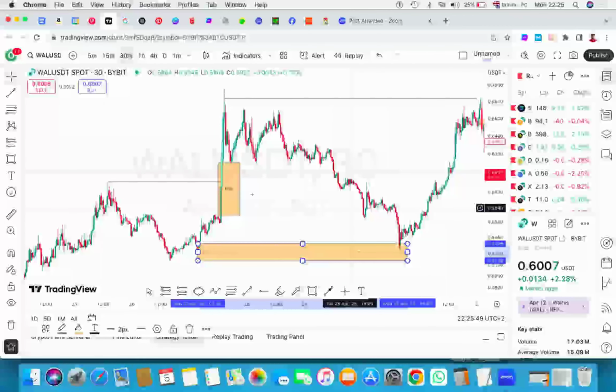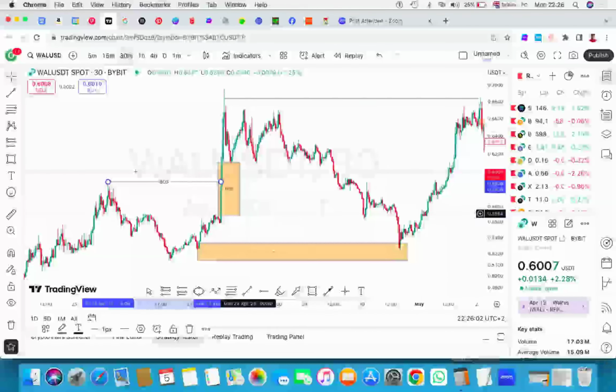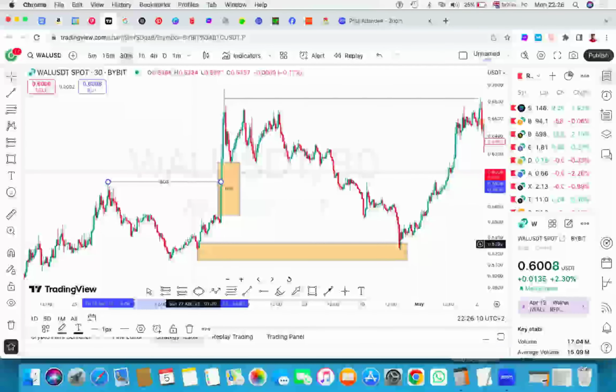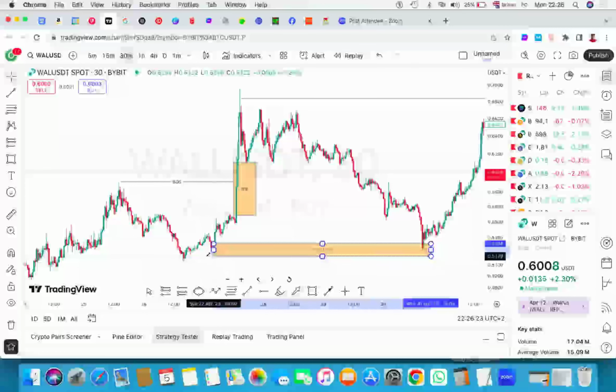So if you mark up your chart very well, you see, after a break of structure, a BOS, which I didn't mark up here, and then you have your imbalance, right? It meets all the criteria, and then you just have to look from this area. Where is your POI zone, which is your point of interest, your order block? So you want to mark from the body to the body,